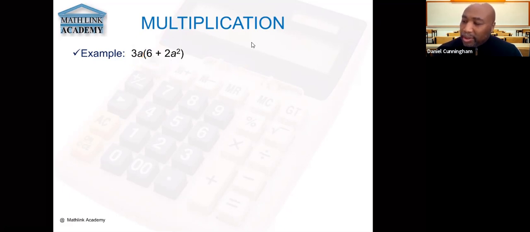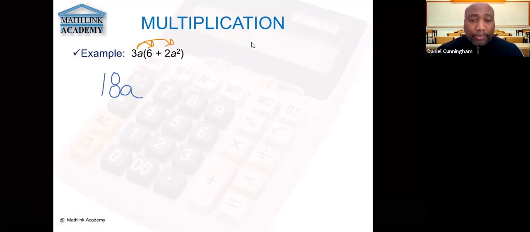So let's do this one. To do the first one, we'll look at this, 3a times 6. That will give me, watch what I'm going to do, I just multiply the numbers. So that gives me 18a. Now, we're going to do the same thing with 3a times